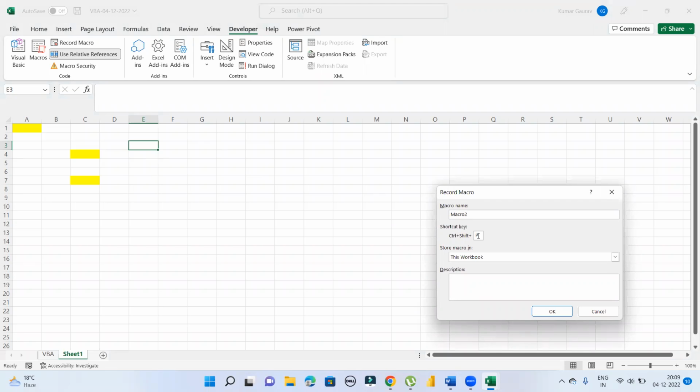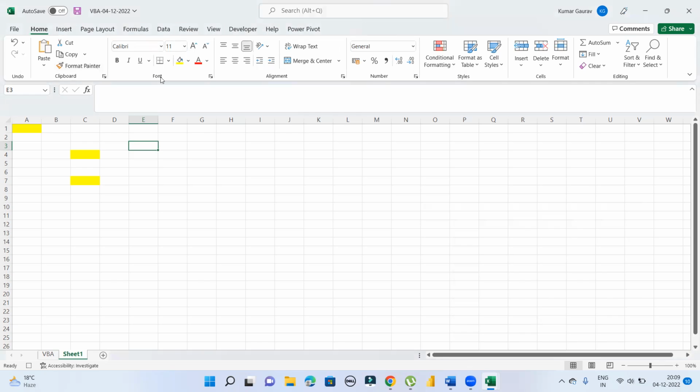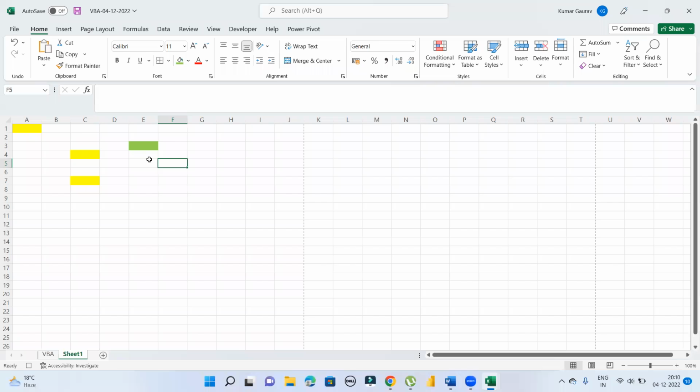Control P, and work, the another, color cell. Again Control P, and then we can go to the Home tab, then we choose the color here. You will choose this color, and again we put the cursor here and press Control and P. So Control and P,